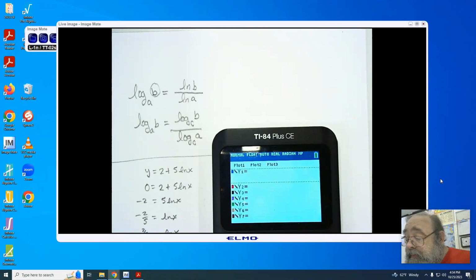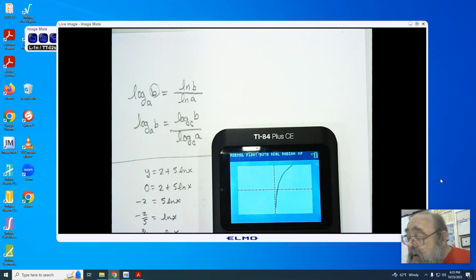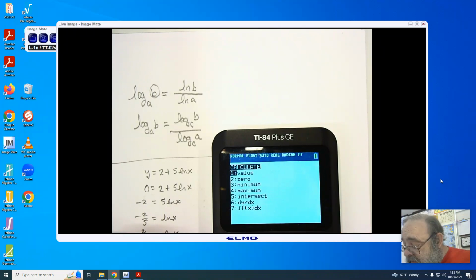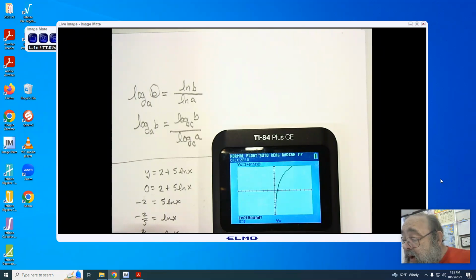Okay, here we go. 2 plus 5 ln x, close parenthesis. I'm going to be using Window Zoom 6. There's the x-intercept. Second trace, find my zero. We want to be to the left, that's going to be below it. Then we want to be to the right, which will be above. And you'll notice we get